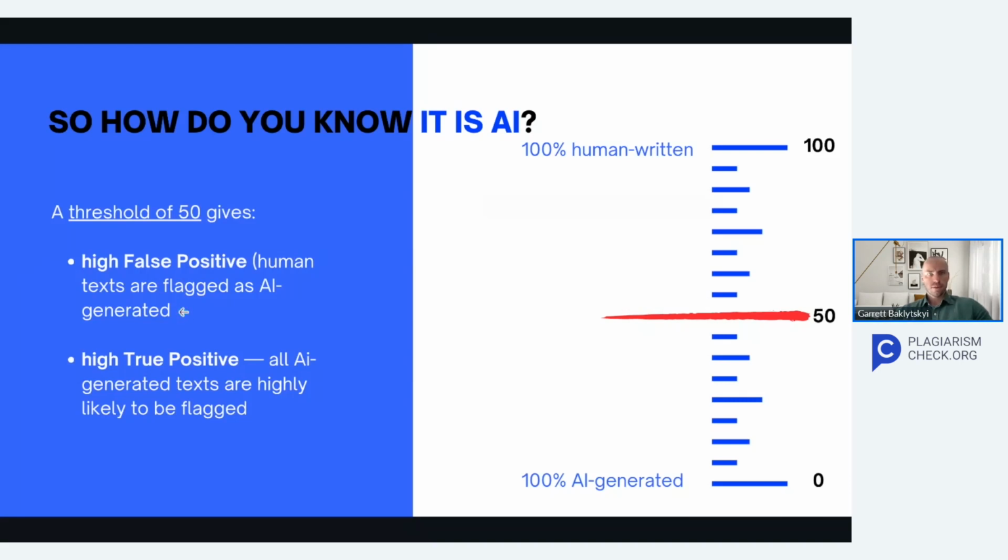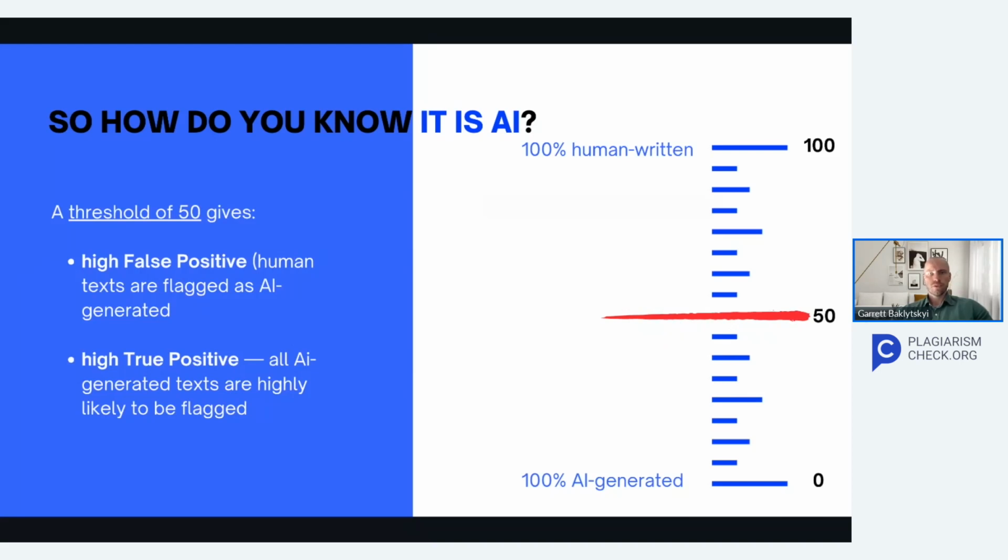Such an AI detector will have higher false positive results than the previous model because more humans can write below the threshold of 50, and their text will be considered as AI generated. On the bright side, this AI detector will have higher true positive when it correctly identifies AI generated text. Higher true positive in this case is achieved by considering that not only highly predictable texts are AI generated, but also texts that have lower predictability.